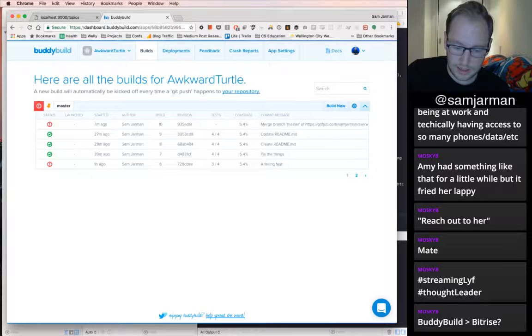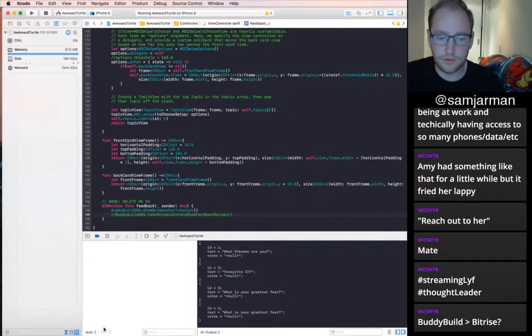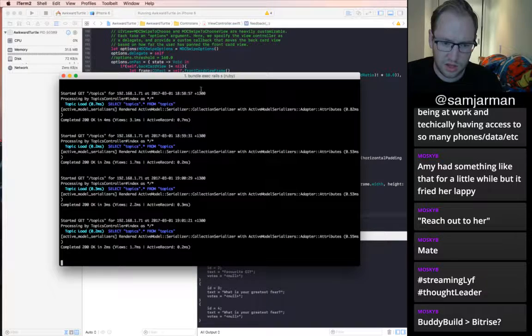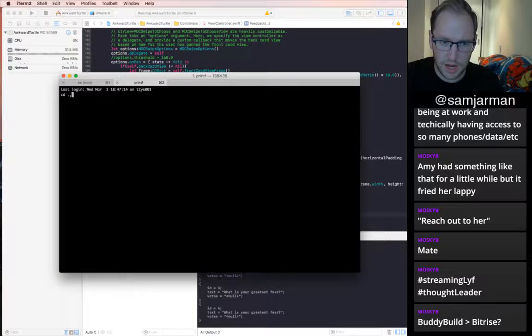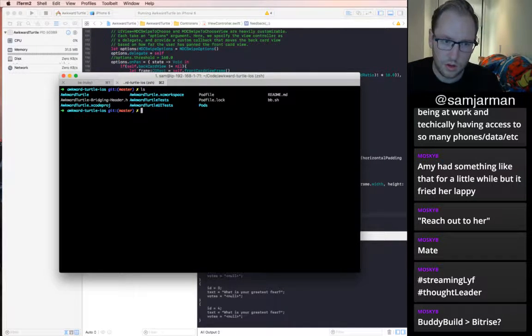Fastlane is sort of the way to do the things. Well, not the way to do the things. It's like a wrapper around Bash that does uploading to the store and taking screenshots and managing certificates and all these things.